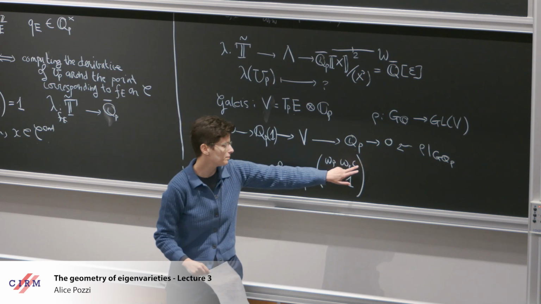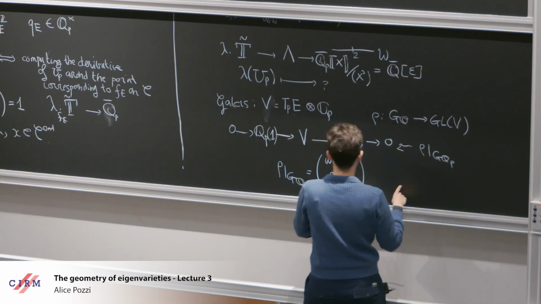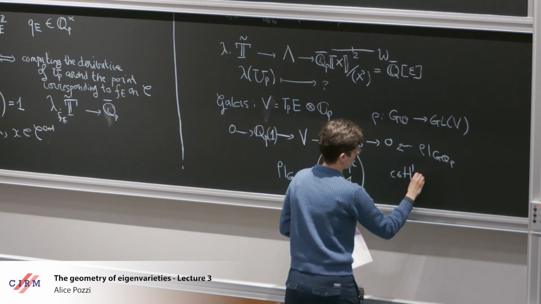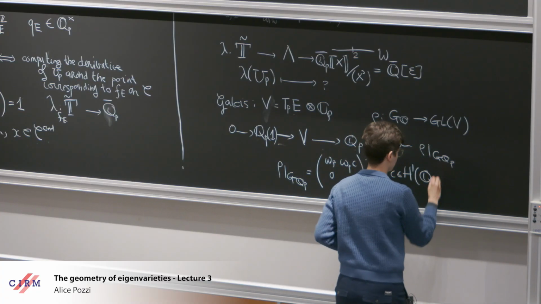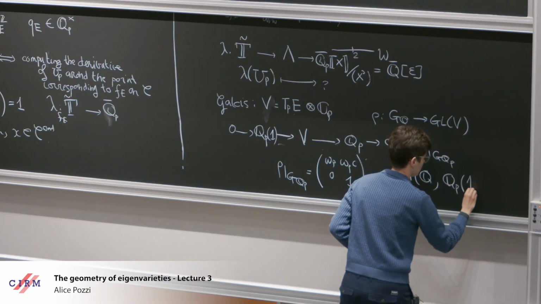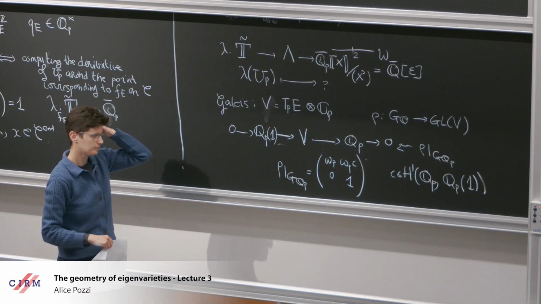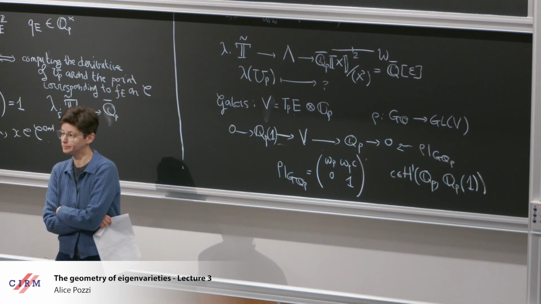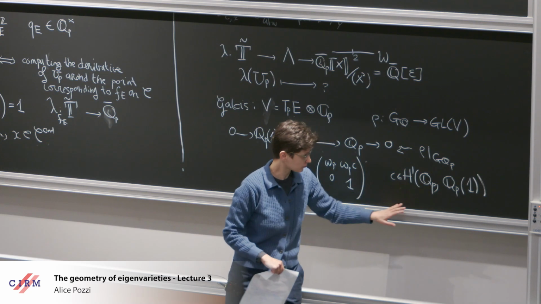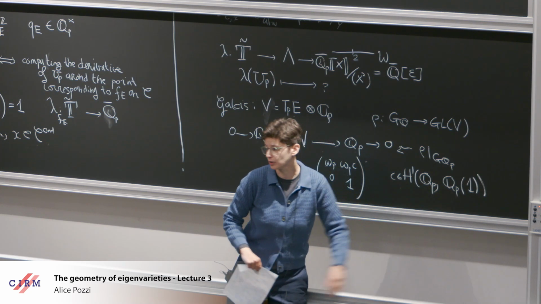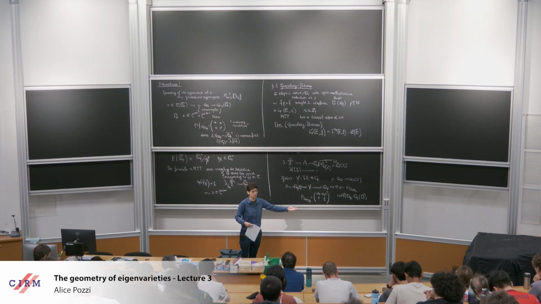I just prefer to write it this way, because if I write it this way, I can identify the C with a cocycle. It's going to be a cocycle for the quotient of these two characters. Everything is local at P here. Okay? So now we are in a nice setting because we want to describe cocycles for this, but we can't say a lot because this can be interpreted in terms of Kummer theory.